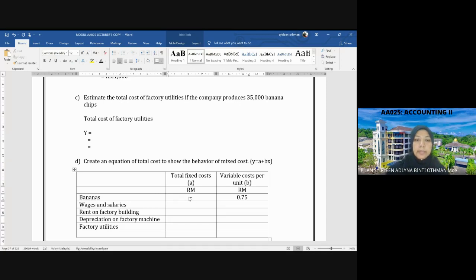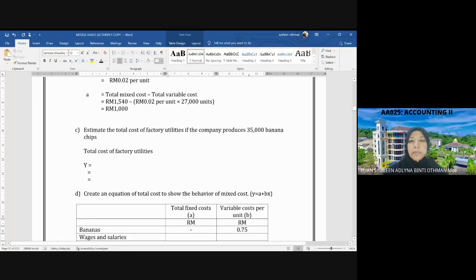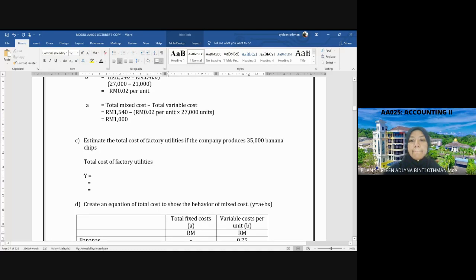Alright, and then kita ada fixed cost which is rent on factory building. The other one is your depreciation on factory machine. Okay, so rent kamu ialah 1,500 and your depreciation is 200 ringgit. Okay, so kita dah letak yang kita kira di table yang first tadi tu masuk di sini dulu. Okay, alright. Sampai sini okay kan? Boleh? Okay, now